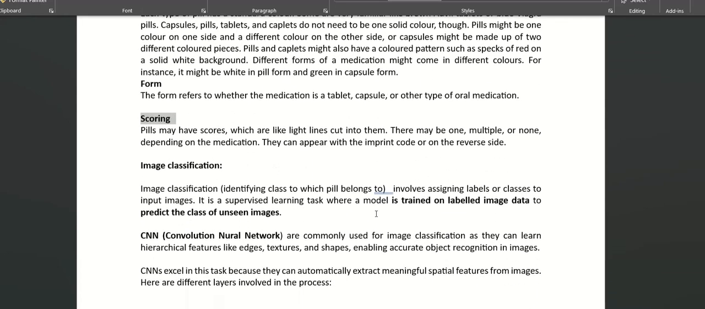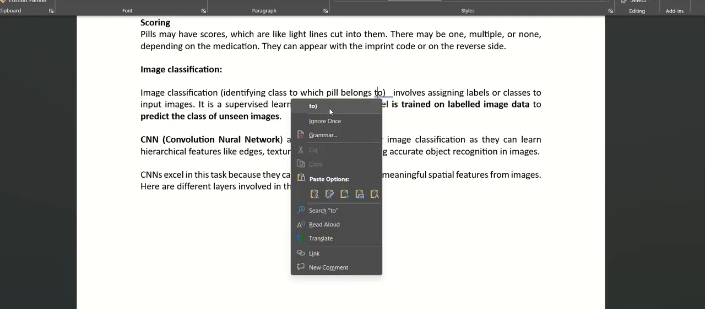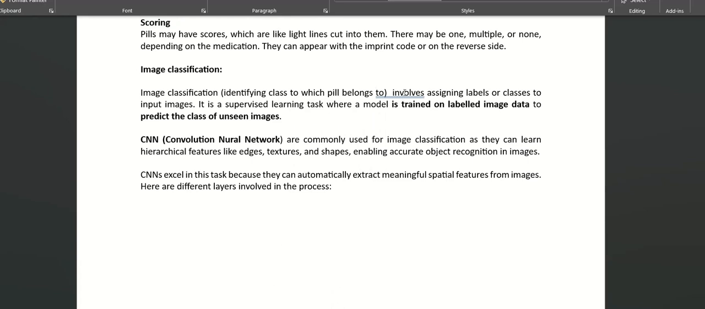Now, based on this, I need to do image classification. We have a picture or an image of a pill. By looking at the pill, we should identify the class to which the pill belongs. Class in the sense of whether it's Section 500 or Imol or paracetamol. These are all the classes. It's a paracetamol pill, like this. So this involves